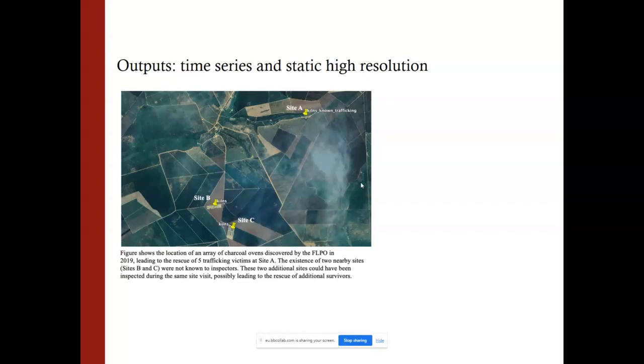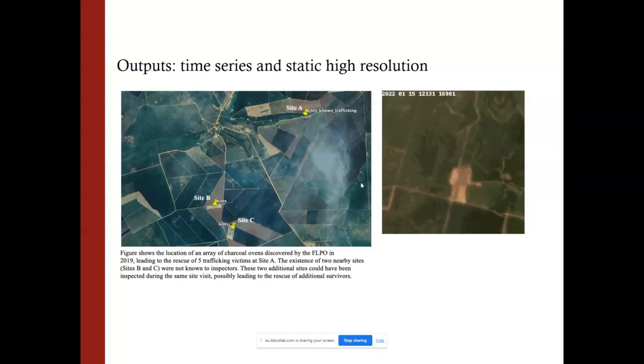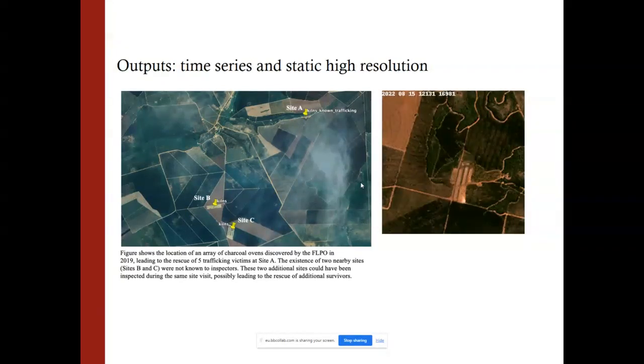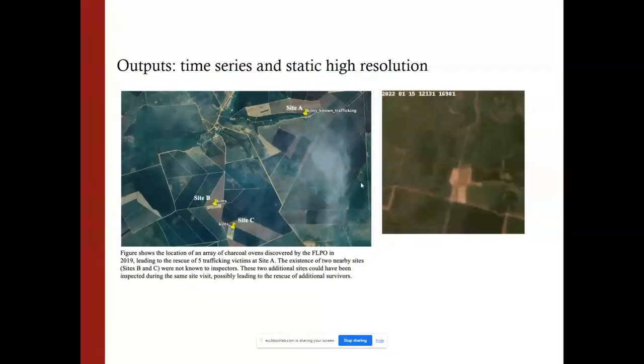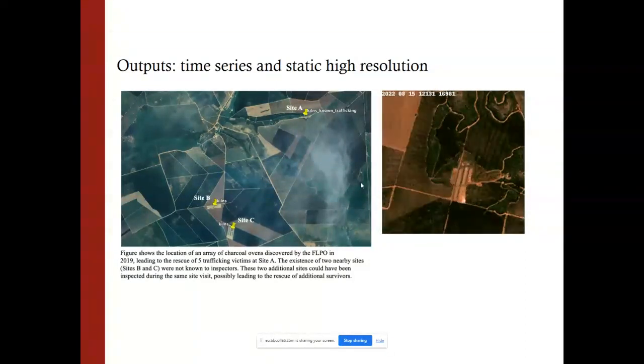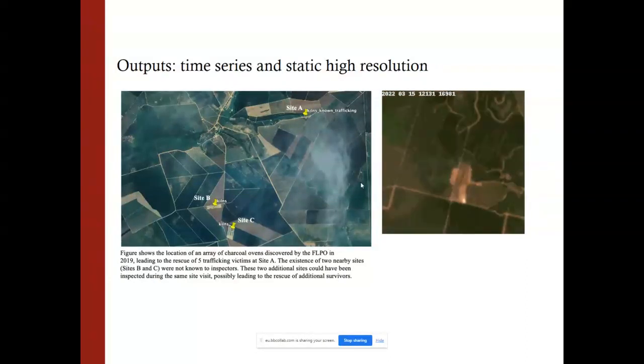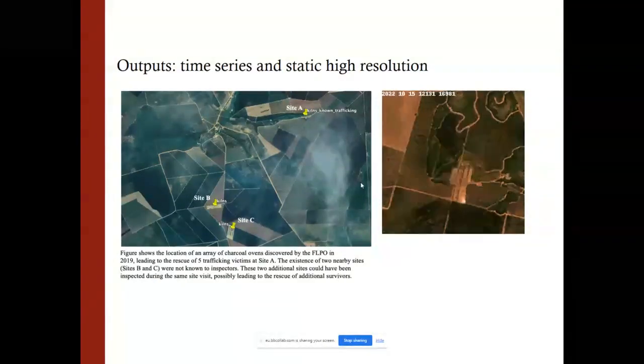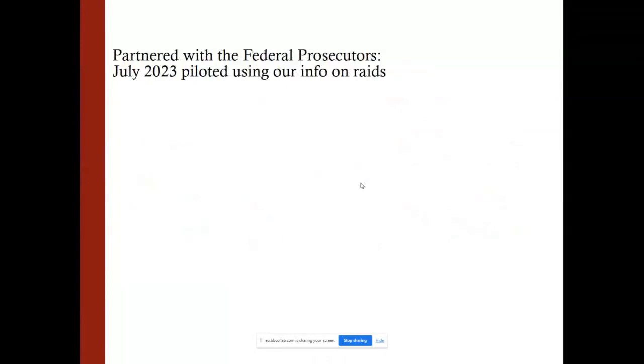So we've set up this convolutional neural net. We can run it really cheaply on cheap data. And we can find a bunch of sites very easily that typically the federal prosecutors weren't aware of. And also, I'm particularly proud, we can now build GIFs very quickly. So you can see whether these sites are active or not. Our system will find a location and then build out this little time series, so the federal prosecutors can determine, is this an active site, should we deploy?